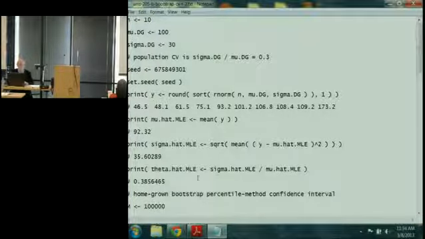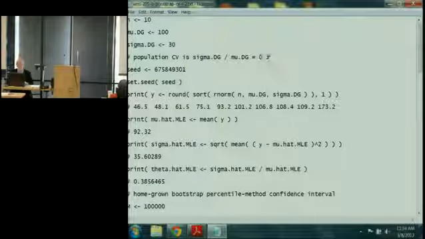The MLE for that, by what we talked about earlier this quarter, called functional invariance, is this: if you know the MLE for mu and the MLE for sigma, you can just take the appropriate function of those and get the MLE for this function. So I just take the sigma hat MLE and divide it by the mu hat MLE, and the estimate turns out to be about 0.39 on this data set,